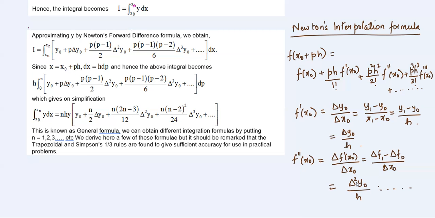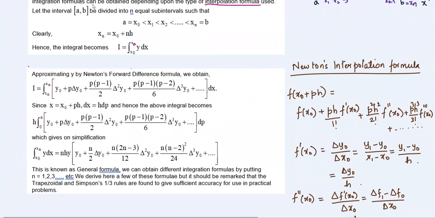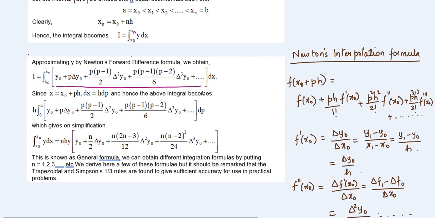So you get delta square y naught upon h square, and you will get further results. So this comes out to be like this. I am explaining how we get this expression here. So from here, what we get is